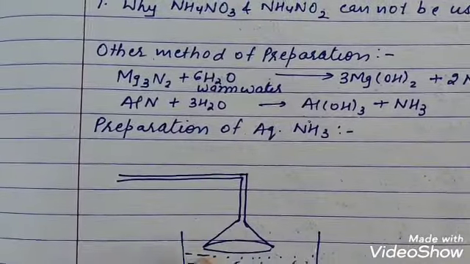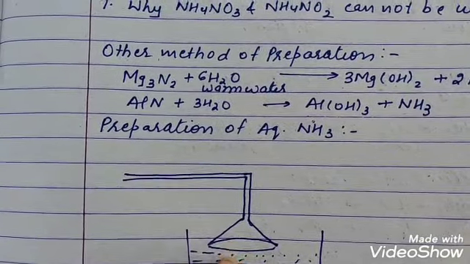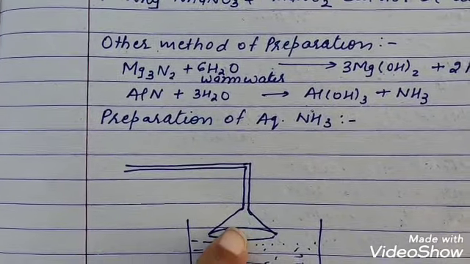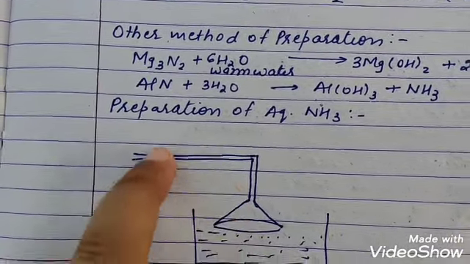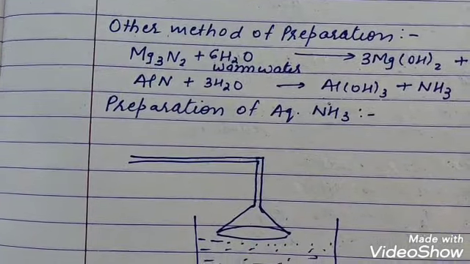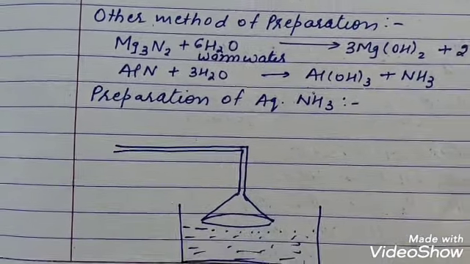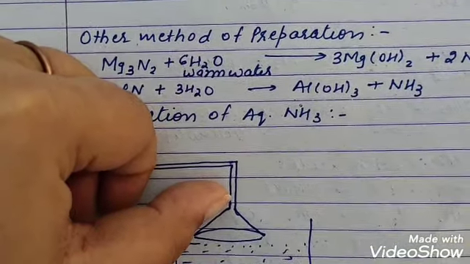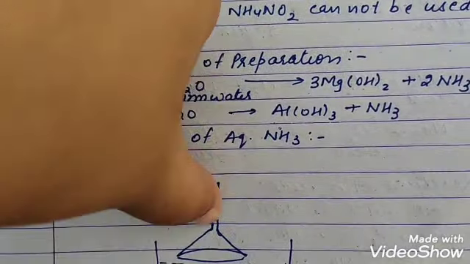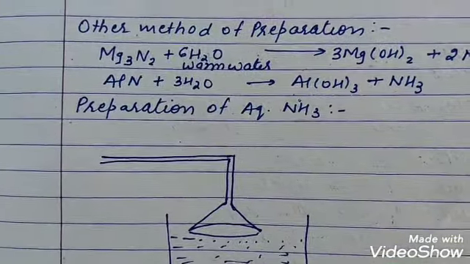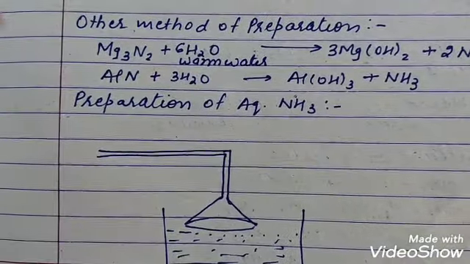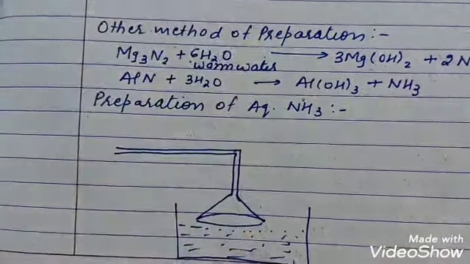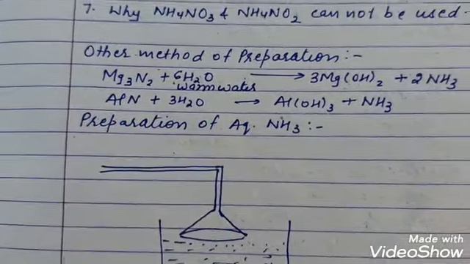So why is it doing this? Because from here ammonia is dissolving, now a vacuum is being created. Water will start going inside. Till then ammonia will come, because it has taken a lot of time to dissolve ammonia. So when water goes inside, the funnel will get pushed up, right? And when ammonia comes, ammonia will push, because ammonia is a gas, it will push the ammonia water down again. So water will go down, and again the funnel will come down. So in this way the funnel will keep on moving up and down.